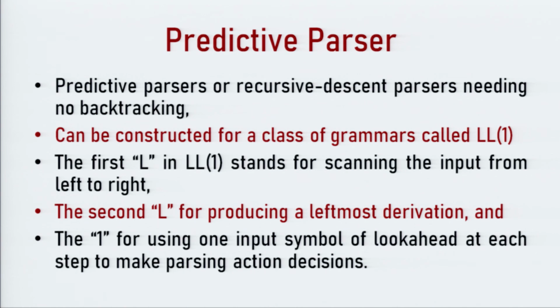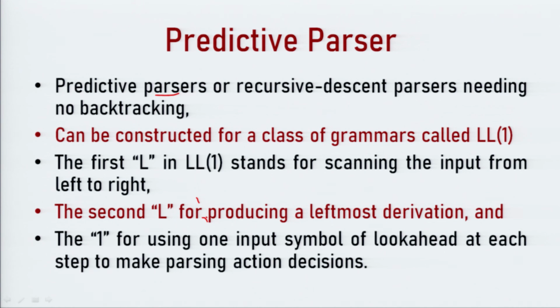Now, next is the predictive parser. So, now we are trying to convert ourselves to top down parsing. In top down parsing, there are 2 types of parsers, basically the recursive descent parser and the predictive parser. The recursive descent parser may require backtracking, while the predictive parser is a recursive descent parser that does not require backtracking, because here we have some method to select a particular production.